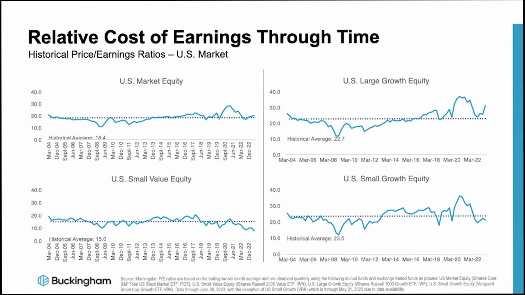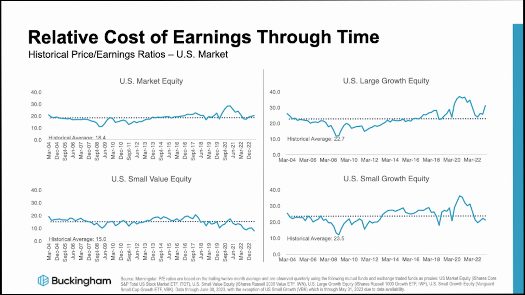Here we have the same analysis, but isolating U.S. equities so that we can see how valuations compare across different styles. Recalling the annualized performance slides, we know that large growth has had an exceptional 10-year period. We can see that the growth in prices has exceeded the growth in earnings as the PE ratio has climbed to 31 to close the quarter, which is above its average since 2004.